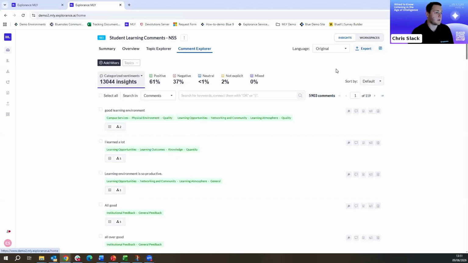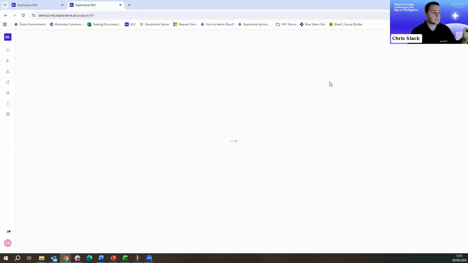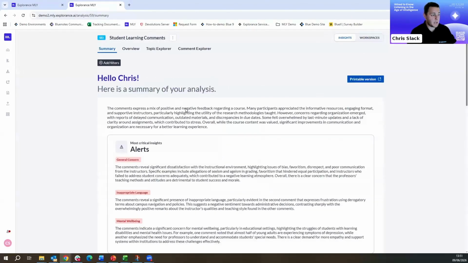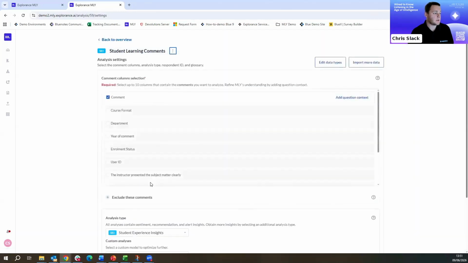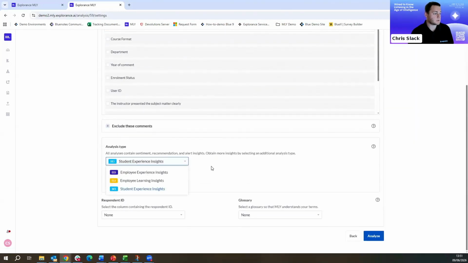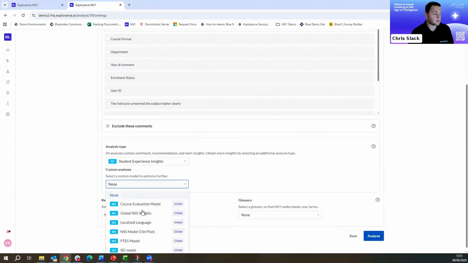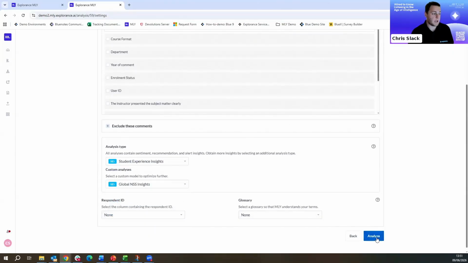So let me go into my non-NSS comments here. This analysis has already taken place. I've already got all the outputs. It's already mapped to the default model. If I go into my analysis settings, there's an option on here to choose the right custom model, and I can just click my global NSS insights and it will reanalyze. The possible follow-up question, if you are a current customer, is this does not use any quota,